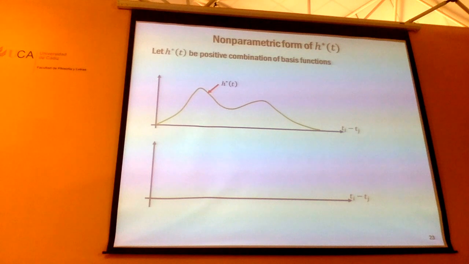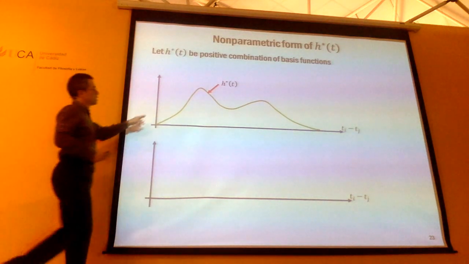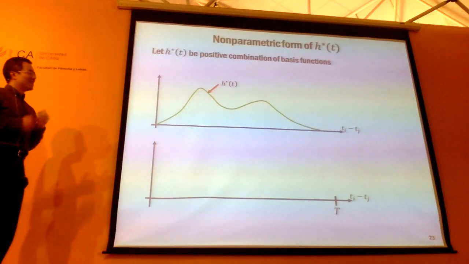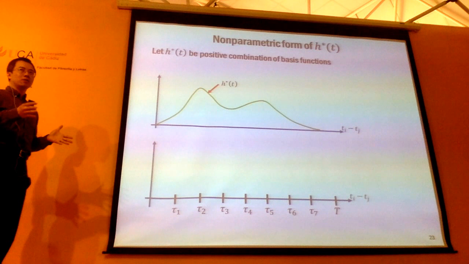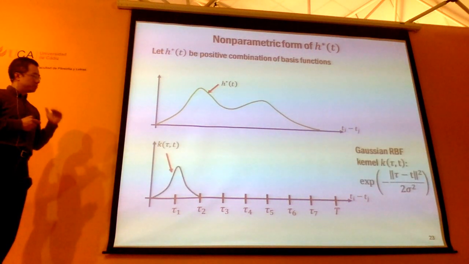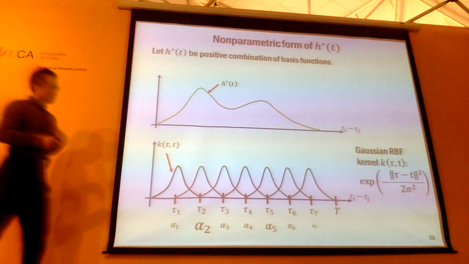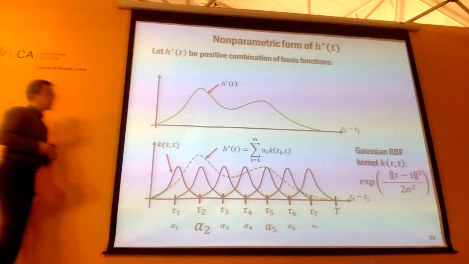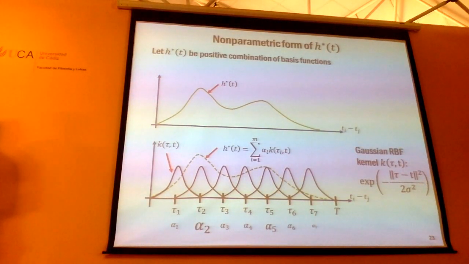For instance, if you want to design an inhomogeneous Poisson process with an intensity like this, what you can do is use some idea from kernel methods. Okay? So what you do is you take your time window from 0 to t, partition it into a lot of small grid points, and put on top of each one of these locations some kind of kernel function. Okay? And then you take a weighted combination of these kernel functions, and you get this intensity function. Okay? And then once you have this intensity function, you just use it as the intensity of the inhomogeneous Poisson process. Right?